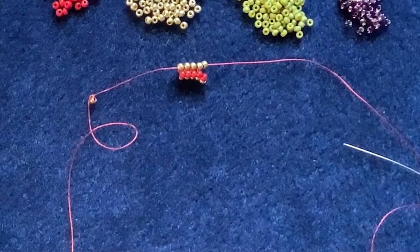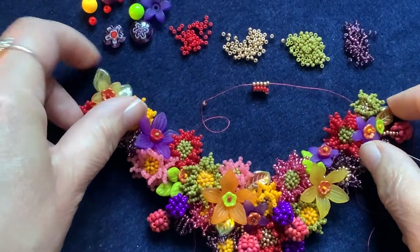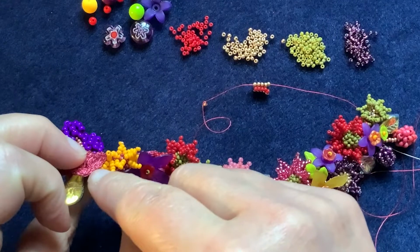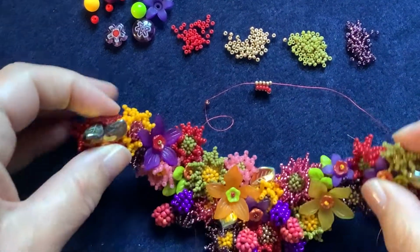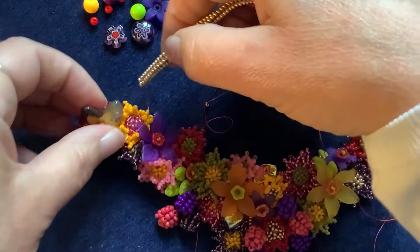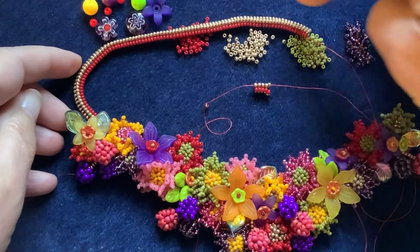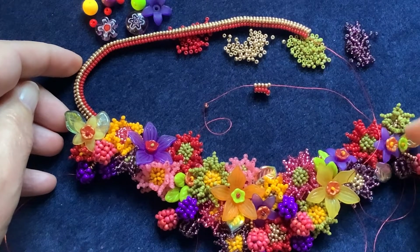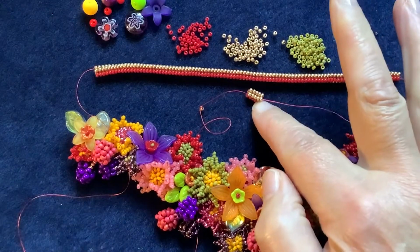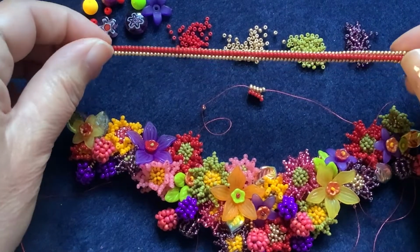Now we need to make a length that's long enough to do one side of the necklace. So you need to have a little look at your necklace, and we're going to be joining on to the top of this loop here and the top of that loop there. Now I've made a piece of rope already, and it will link from there and go around to the centre back, and I'll make a second one that will go around from this side to the centre back. So keep checking as this starts to grow quite quickly that you don't make a rope that's too long, and I'll be back to you when I've completed